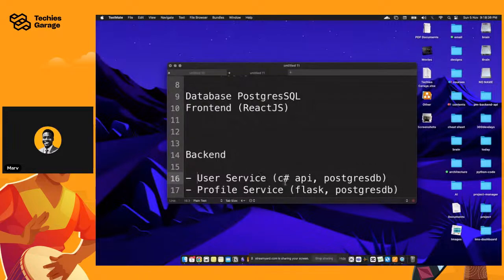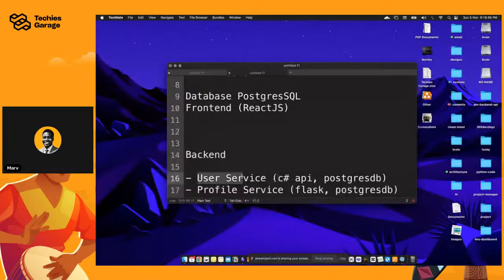But it's always better if you actually have a middle service that you can use, maybe something like Kafka, where the user service would send a message, right?